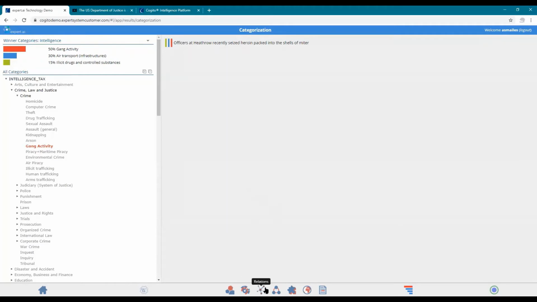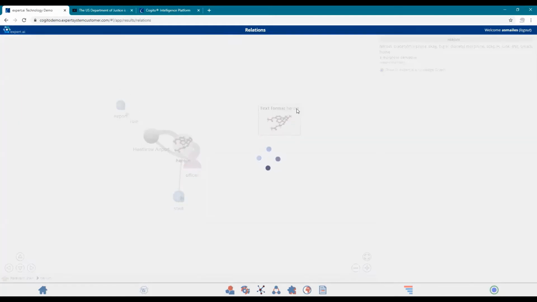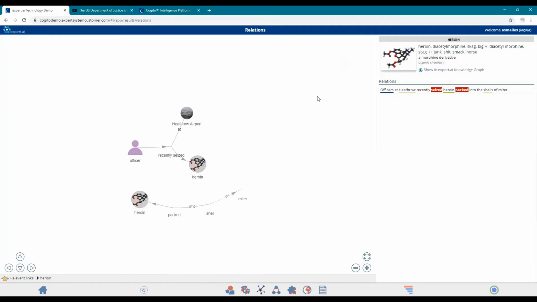So another part of how Cogito works is to understand all of that. Expert.ai builds a semantic knowledge map, and so you can then look at the components of the knowledge map. So it talks about heroin was packed in a shell, and the shell was a mitter. The officer recently seized heroin at Heathrow.